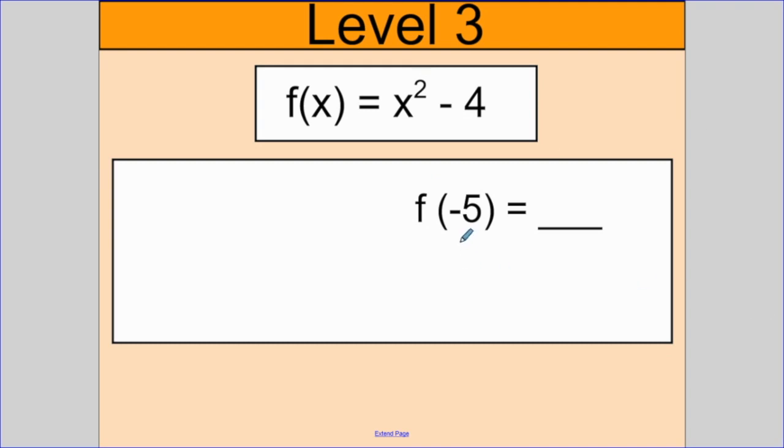This time we're going to do our input, our x being negative 5. So I'm going to rewrite this function, but I'm going to replace my x's with negative 5. So f of negative 5 is equal to, x here is negative 5